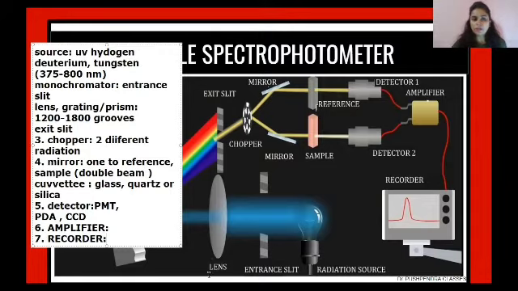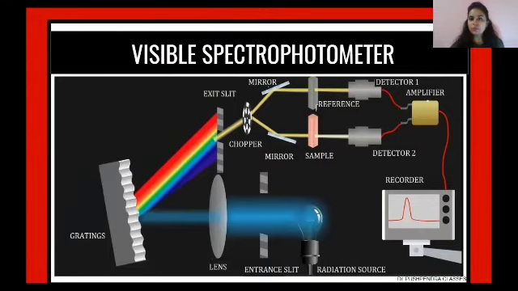properly. Now, the recorder is nothing but a general PC or desktop wherein the system has already been installed, and it will then result in the formation of the spectrum, which is obtained in this particular form, wherein the peaks are obtained, and the spectrum always is formed from right towards the left, as in from the ending towards the beginning of the spectrum. Now, these were the general seven different parts of the instrument of visible spectroscopy.